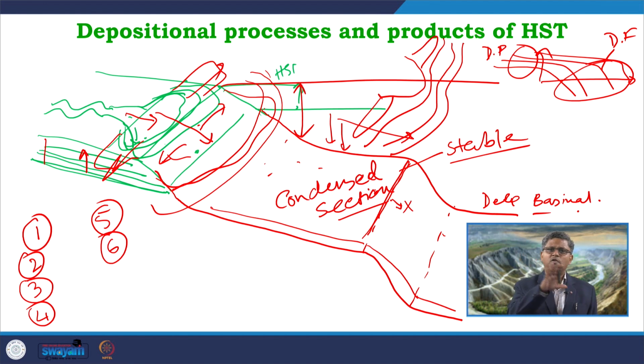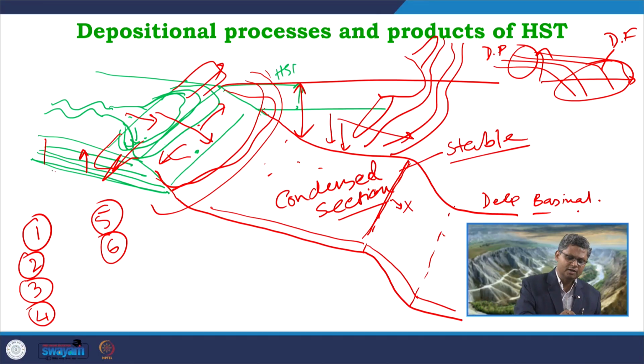So, these are the overall characteristics in terms of distribution of energy system, in terms of distribution of processes, and accordingly we can now think of what will be the facies architecture, what will be the facies model in each of these individual environments as per this distribution pattern, as per this energy distribution characteristic. Say for example, if I now think of the fluvial system that will form during the HST, what will be the characteristic of the fluvial system? As I am telling you, fluvial system will show aggradation with progradation.